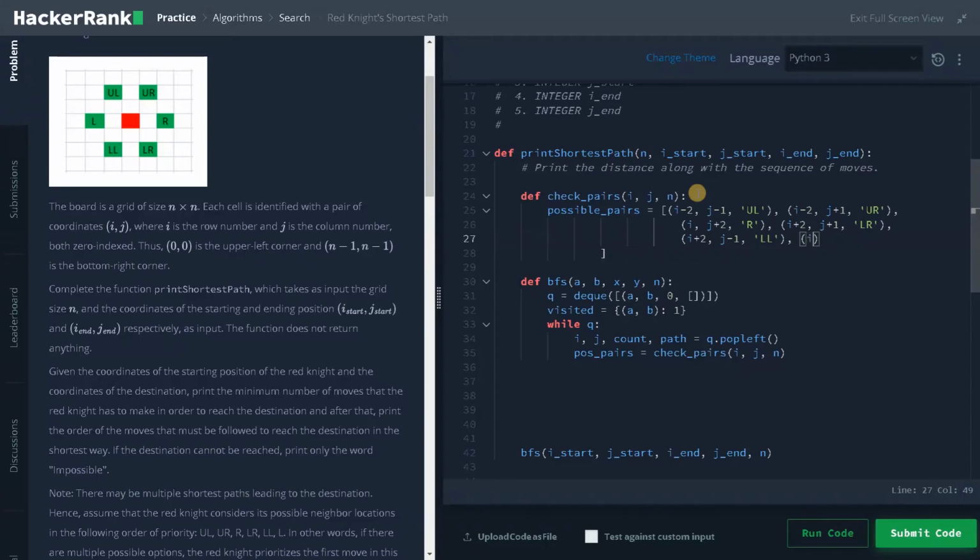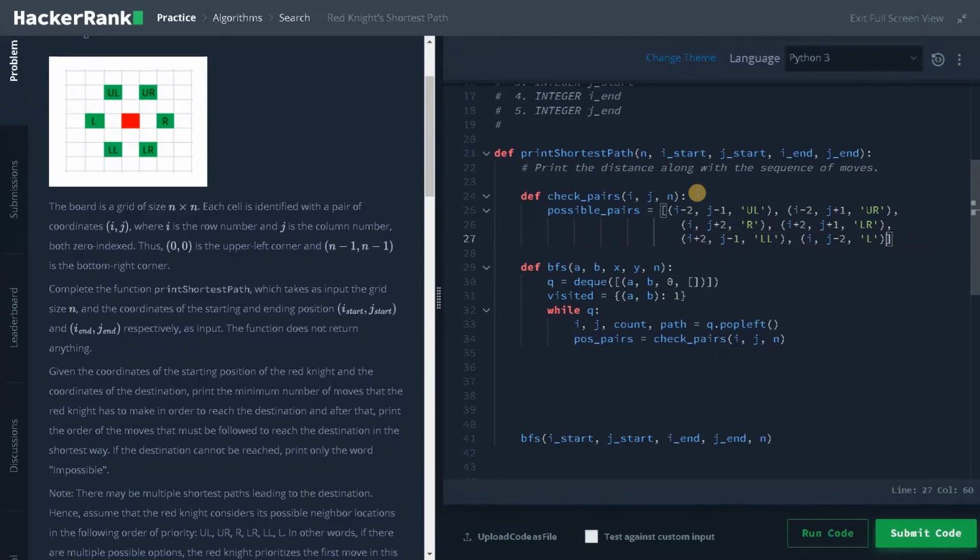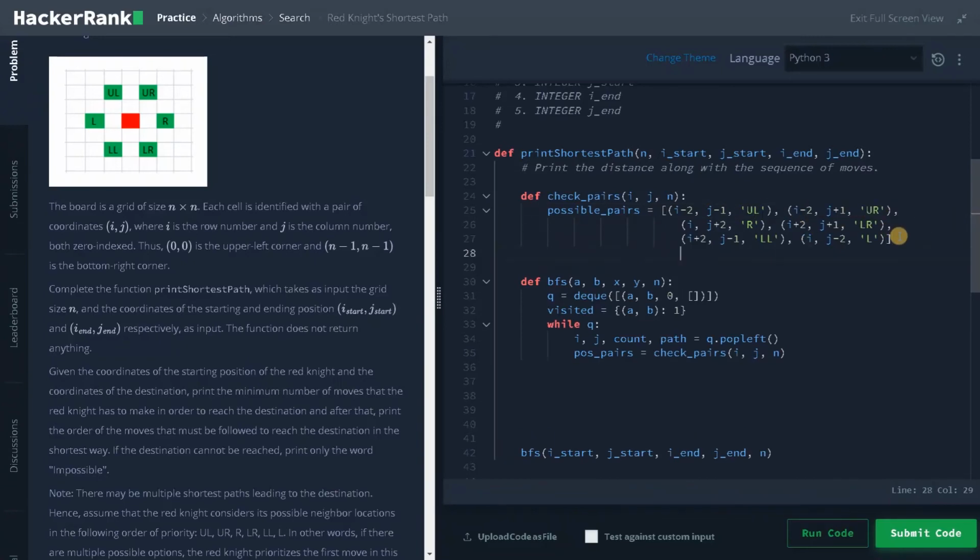And here i comma j minus 2 and l. So these are all the possible paths, and we are having this priority, so that's why I just placed them in an order. And after this we will iterate the loop.